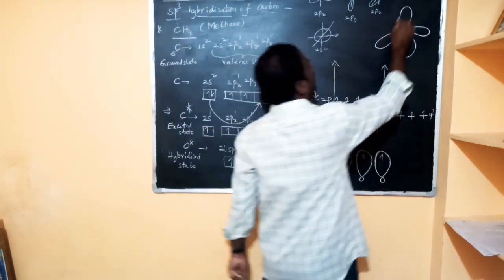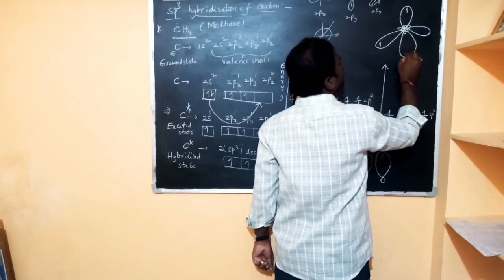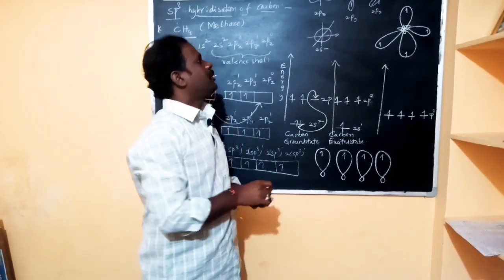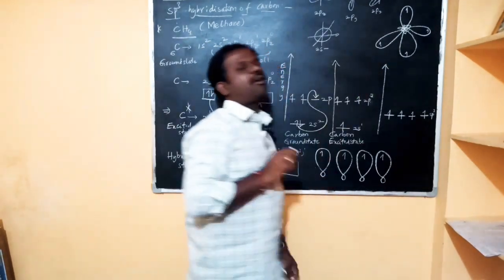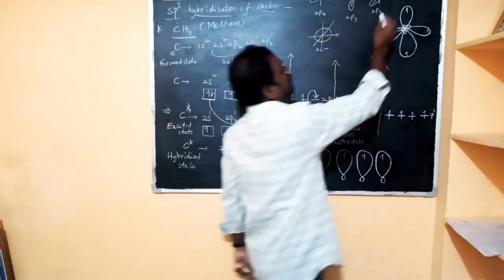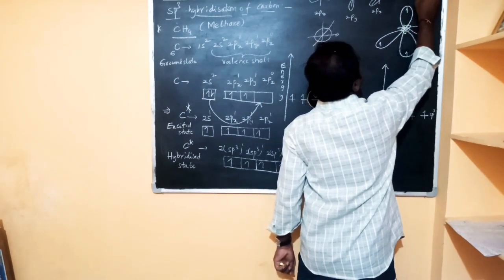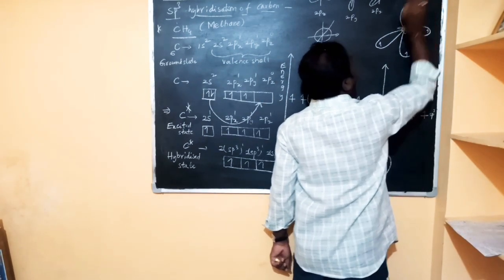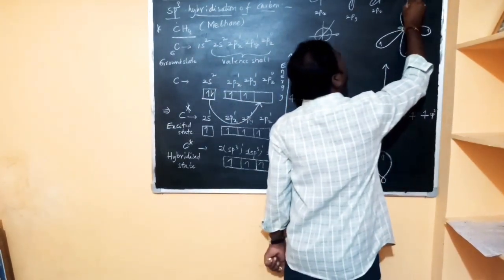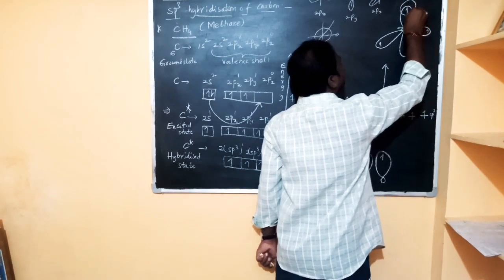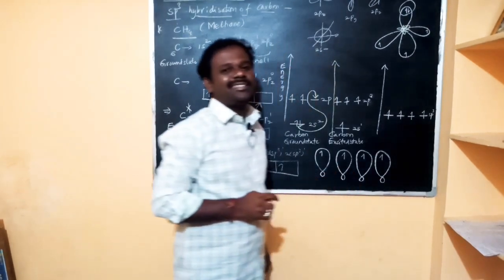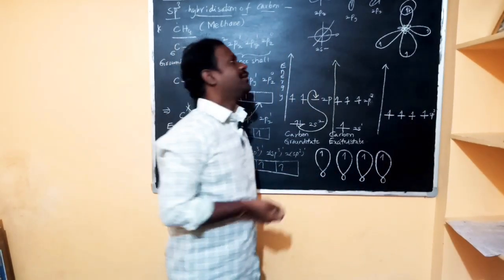So each orbital contains one unpaired electron. So they are going to bond with the hydrogen. What is the electronic configuration of hydrogen? It is 1s1. So the s orbital contains one unpaired electron in hydrogen. Here the shape of the s orbital is spherical. They are going to overlap with the sp3 hybridized orbital of the carbon for the formation of